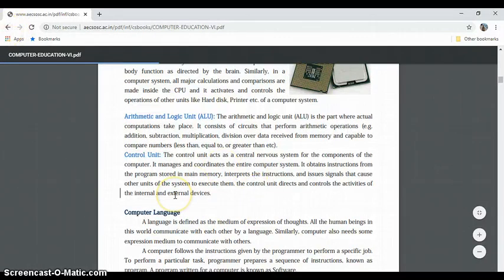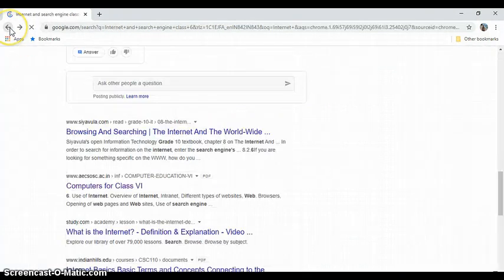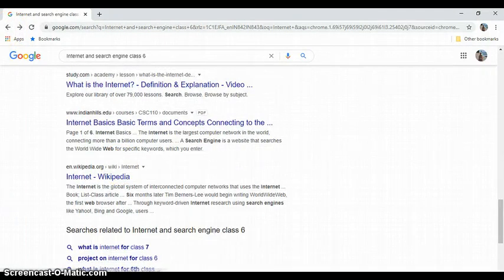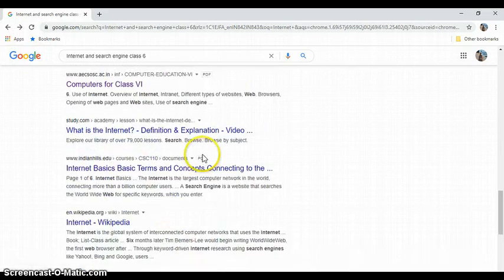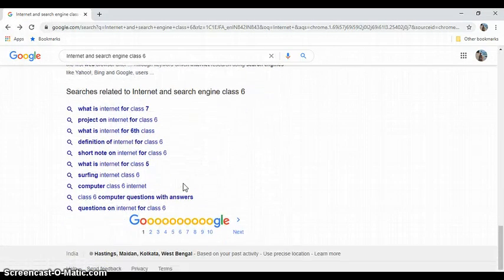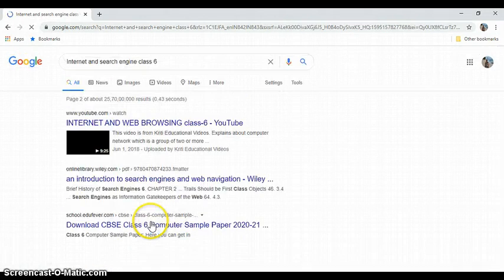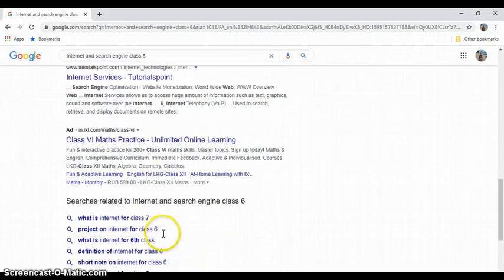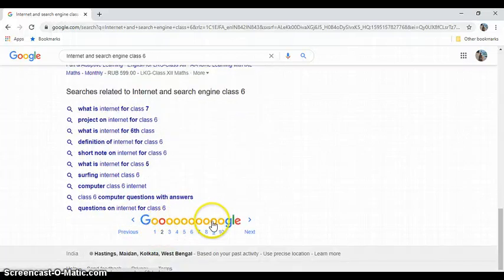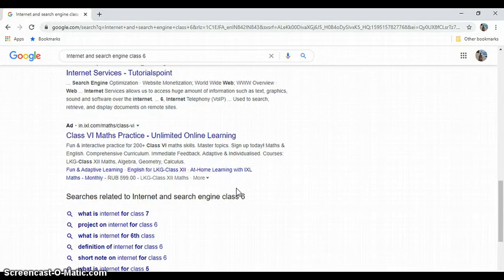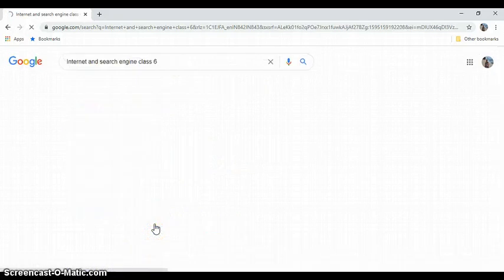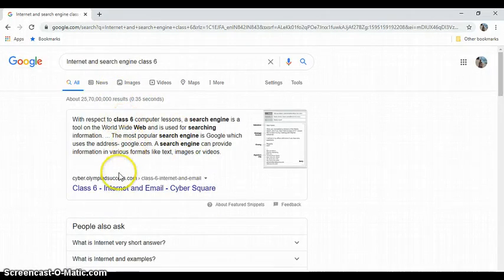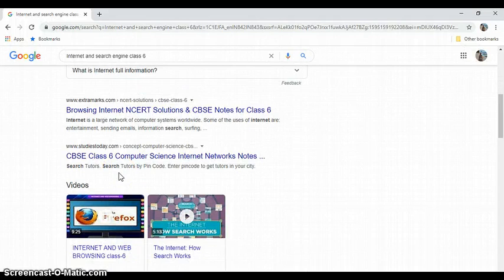And suppose you think that it's not matching your search, you can go back and search again. Now after this list, there are a number of pages, like you can click on the second page. This is the second page of search results. These are the different pages of the search results. You can check all these pages, but generally the first few are the nearest results. That means they generally match exactly what you want.